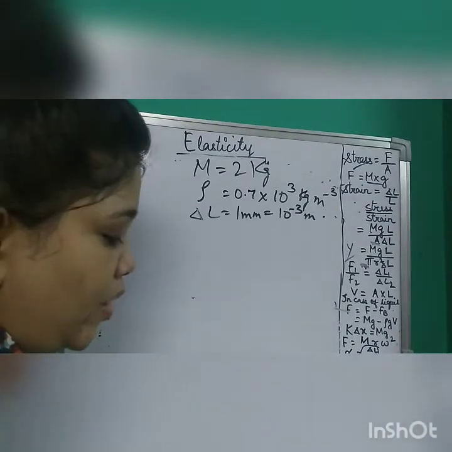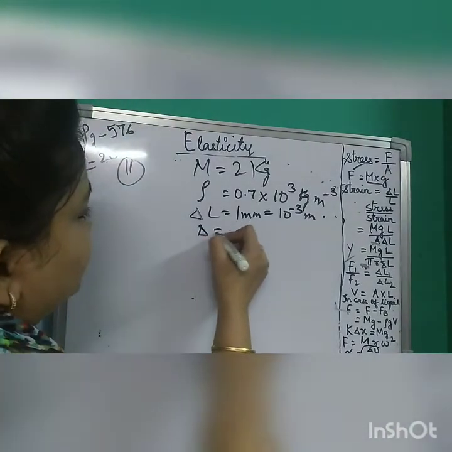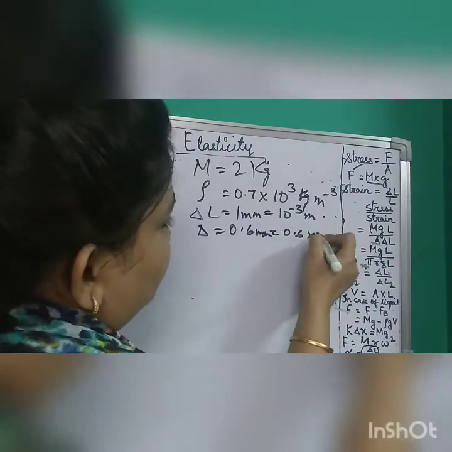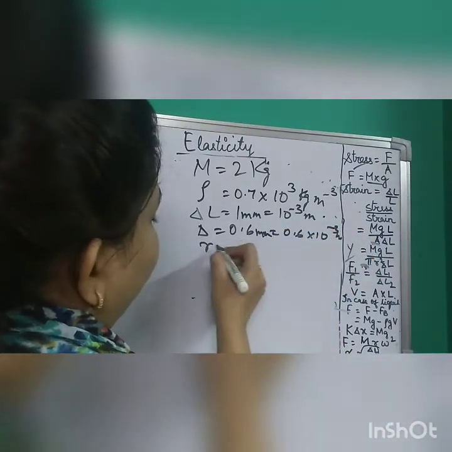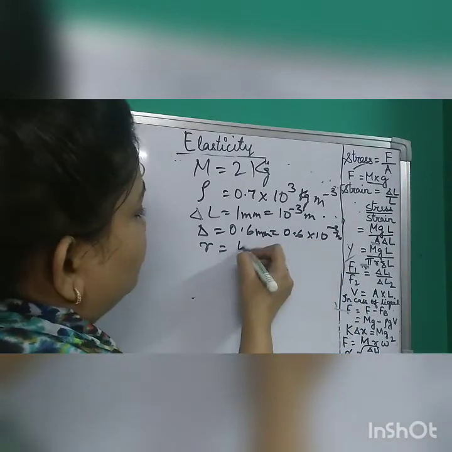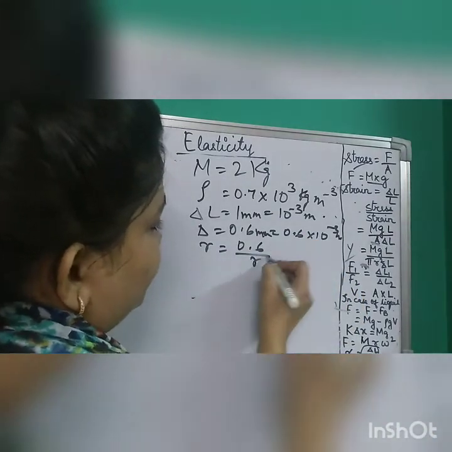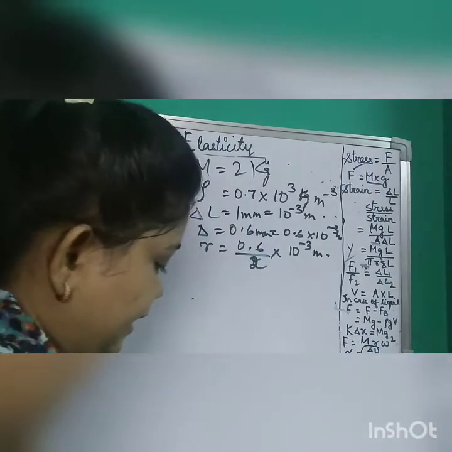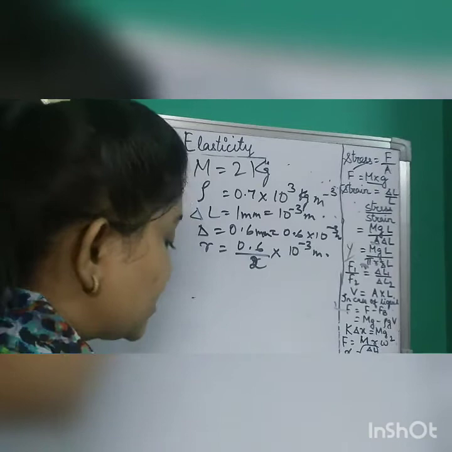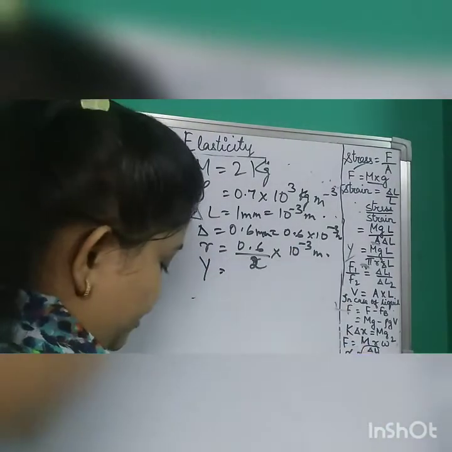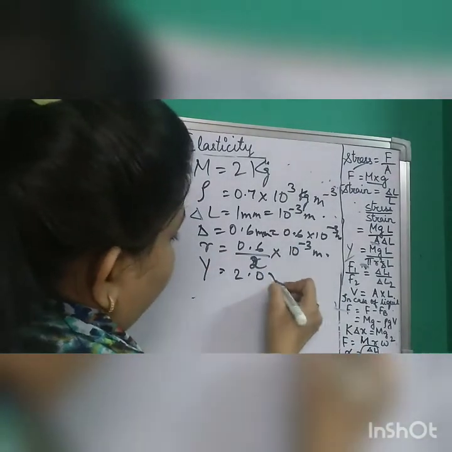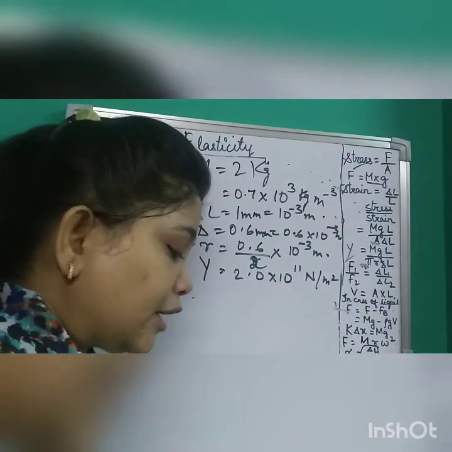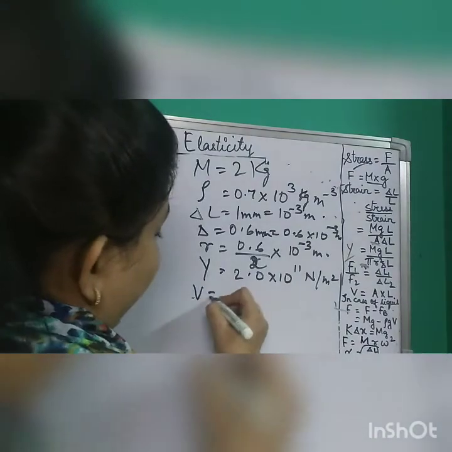If the diameter of the wire is 0.6 millimeter, D is given as 0.6 millimeter, that means 0.6 into 10 to the power minus 3 meter. Obviously diameter doesn't have any work over here, so we have to find out the radius. So r is 0.3 into 10 to the power minus 3 meter. Okay. Next, Young's modulus of the wire is given as 2 into 10 to the power 11 Newton per meter square. Okay. And the volume is given as 800